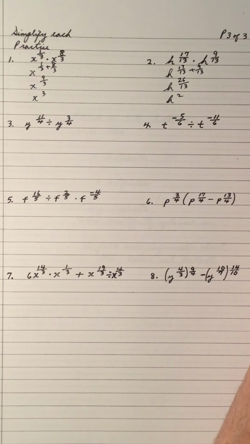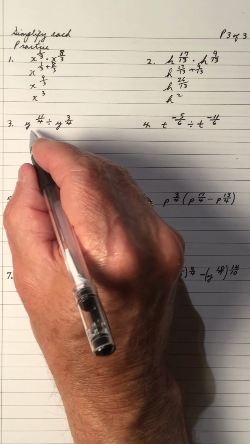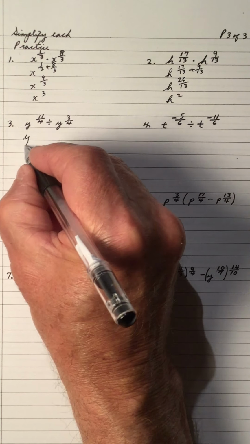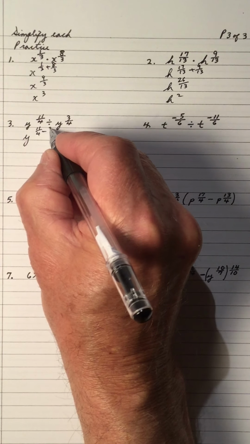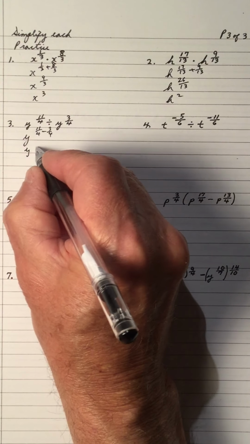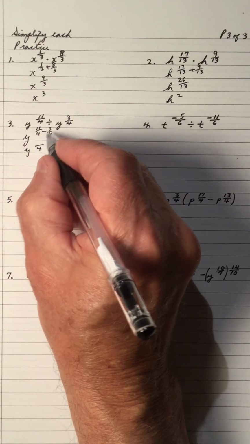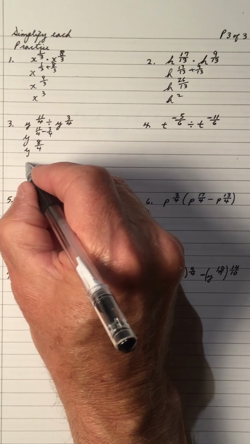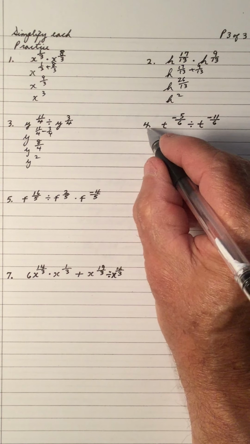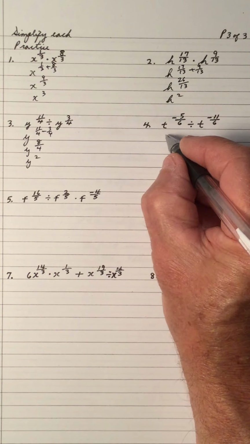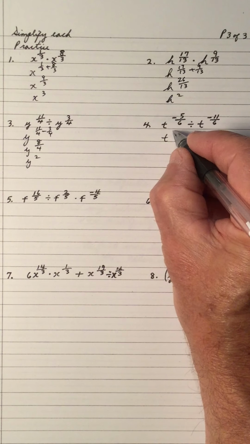h squared. Number 3, we have the same basis, we're dividing, so we keep the base and we subtract the exponents. And the common denominator is 4, 11 subtract 3 is 8, 8 over 2 is 4, so y squared simplifies to. And number 4, we're dividing, we have the same basis of t, so when we divide, we subtract, so